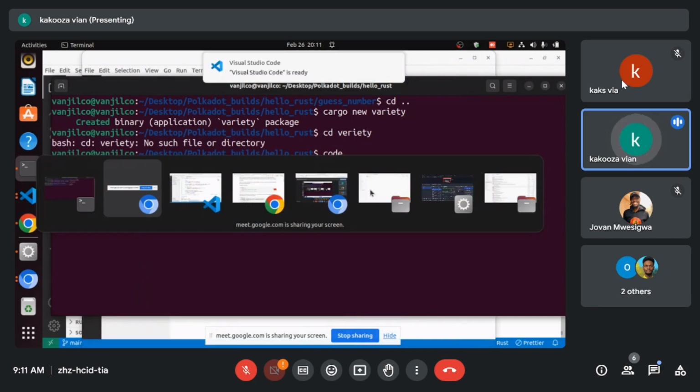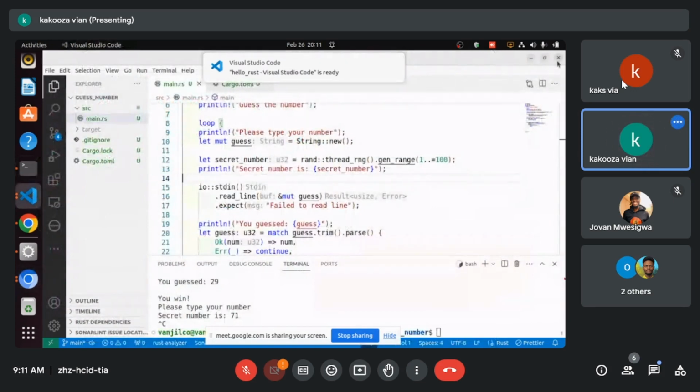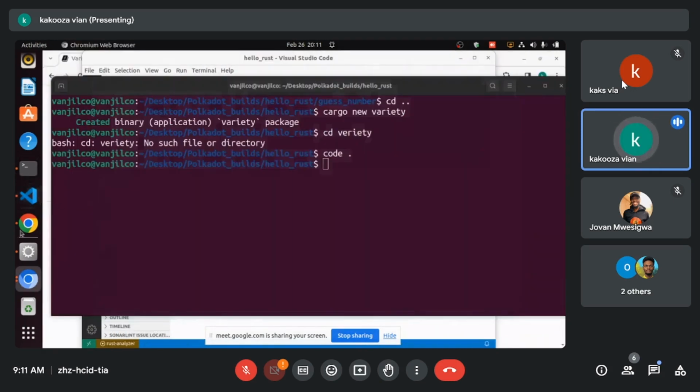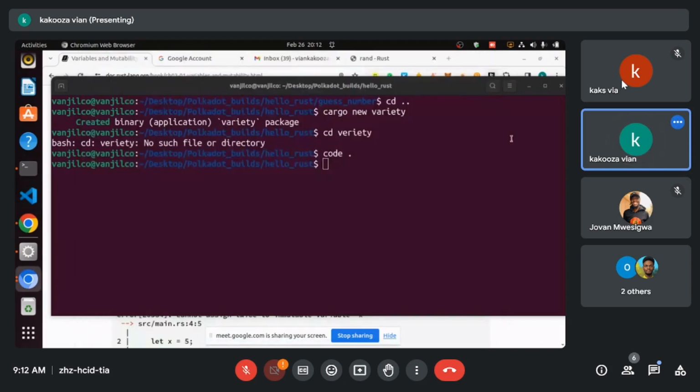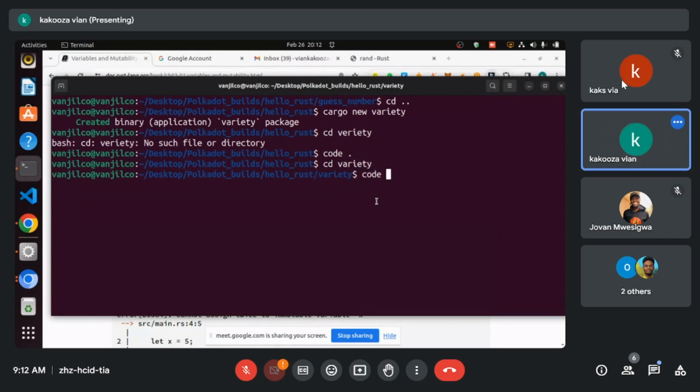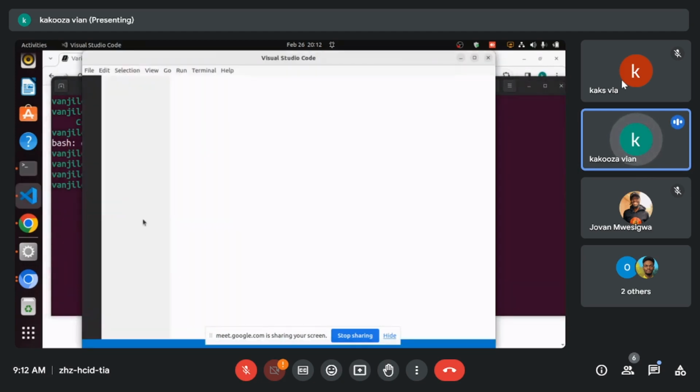Okay, so we have started our source code. I think I can close this for now. Okay, so now we have Visual Studio Code running. I want to go into variety. CD variety, then code dot. So as we've talked about variables, we are just going to be making sure that our variables